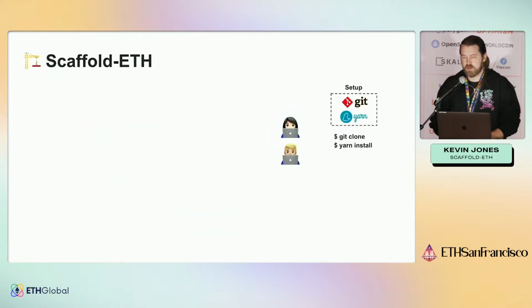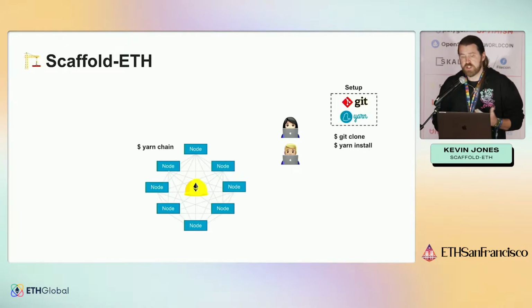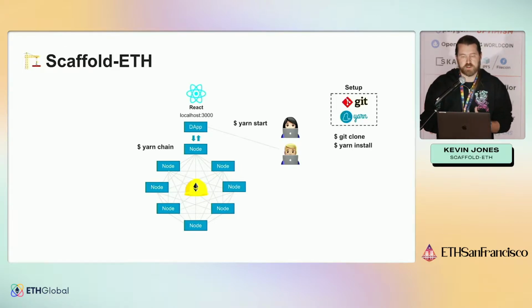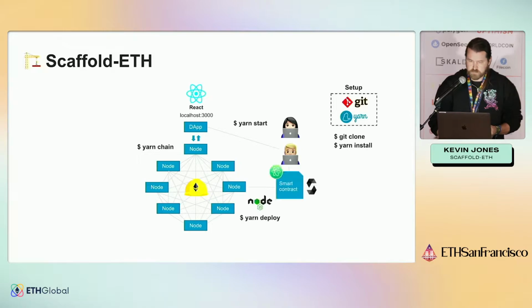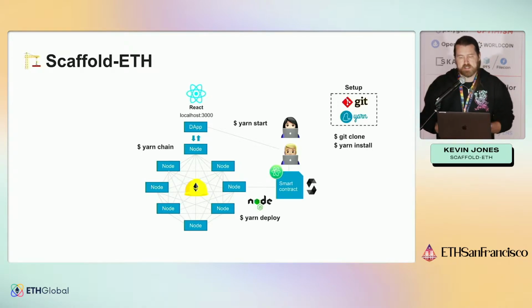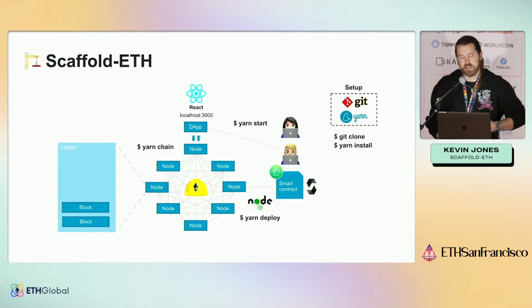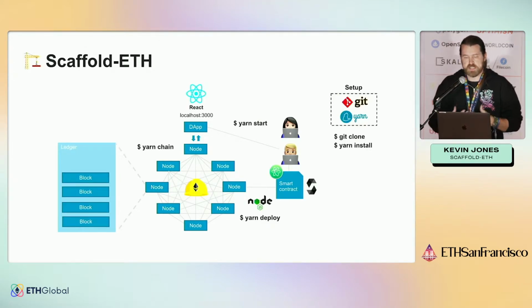What does it look like from the developer standpoint? You need to clone the repo. You do the Yarn install. That's going to install all of your dependencies for you. You do a Yarn chain. That's going to spin up your EVM on localhost. And then Yarn start is going to spin up React for you. And then you just do a Yarn deploy, and it takes a copy of your smart contract and pushes it to the blockchain that you're running. And you have this play Ether that's available in Hardhat to start testing your assumptions on